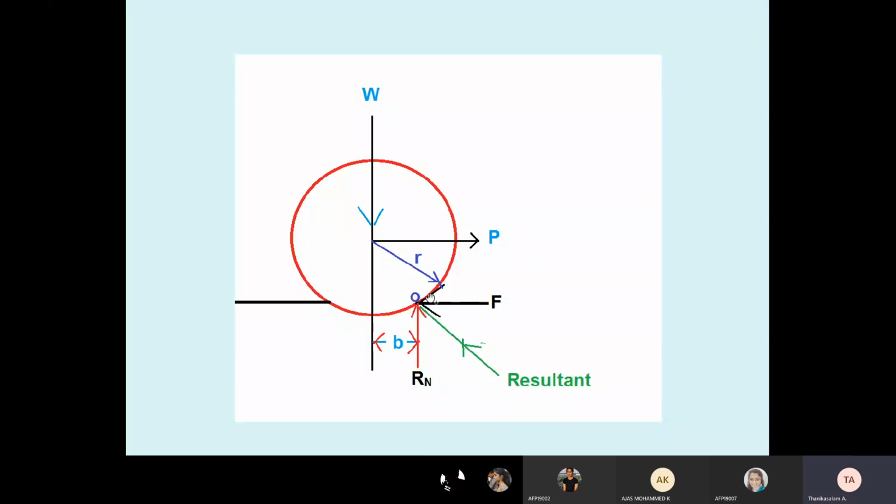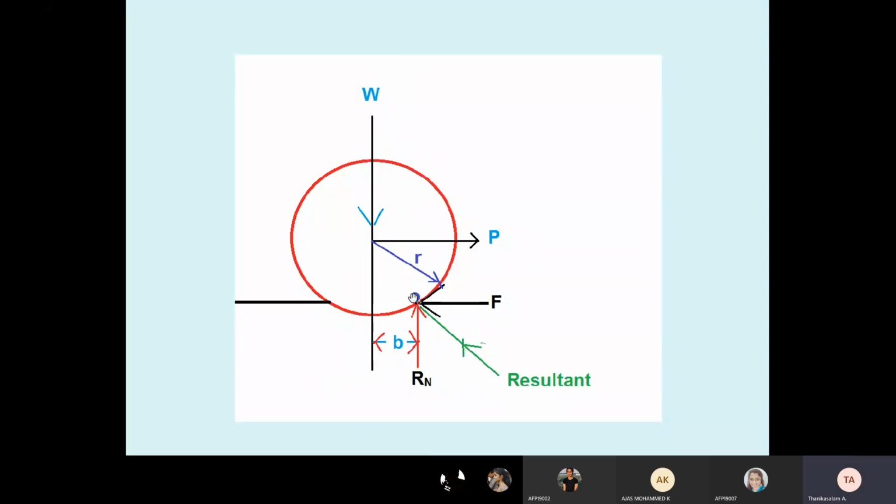Now, with respect to the middle of the wheel at point O, the b is called the coefficient of rolling resistance. The b is called the coefficient of rolling resistance. So the wheel is rotating and the weight is acting. On any bus, the weight of the people sitting goes to the front tire only, and through the tire it goes to the earth. So I have taken the weight acting downward.